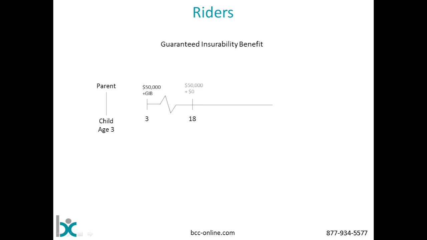So at age 18, this child says, I don't really need any more insurance. I'm 18, I don't have any meaningful financial obligations. So we look at the guaranteed insurability benefit. We say, yes, we have the opportunity to add more insurance, but we're not going to. So the GIB stays in place, and maybe by age 21, the child still will have the original $50,000 of insurance in place,